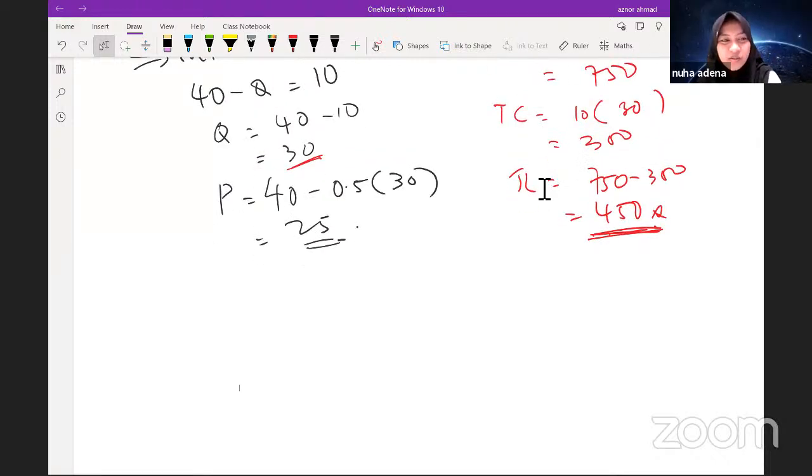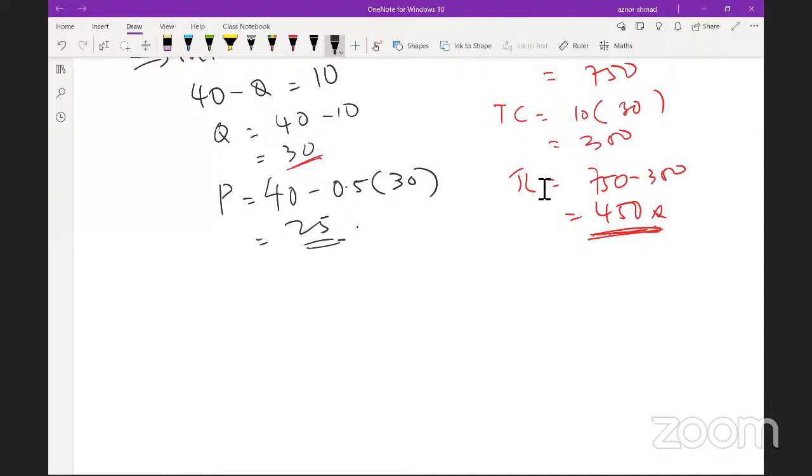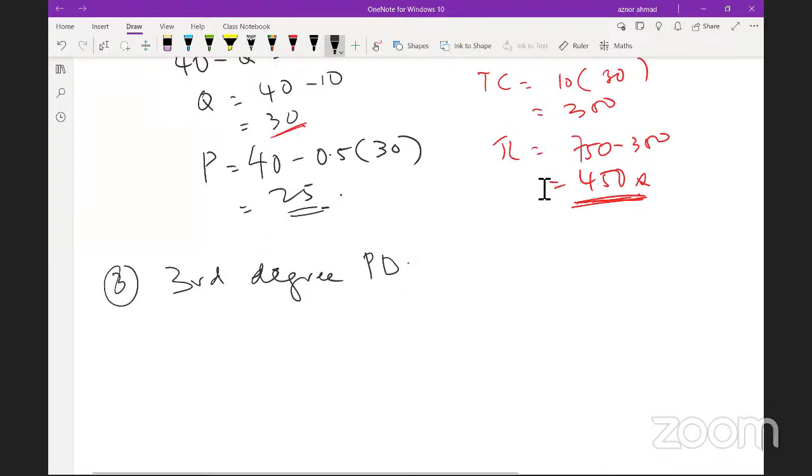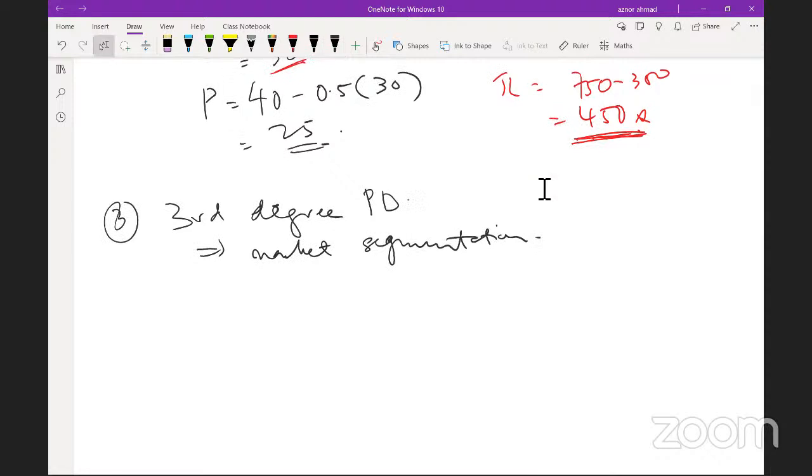Okay, all right. So next one, we're going to go into the third one. The third degree of price discrimination, also called market segmentation. So market segmentation means, okay,